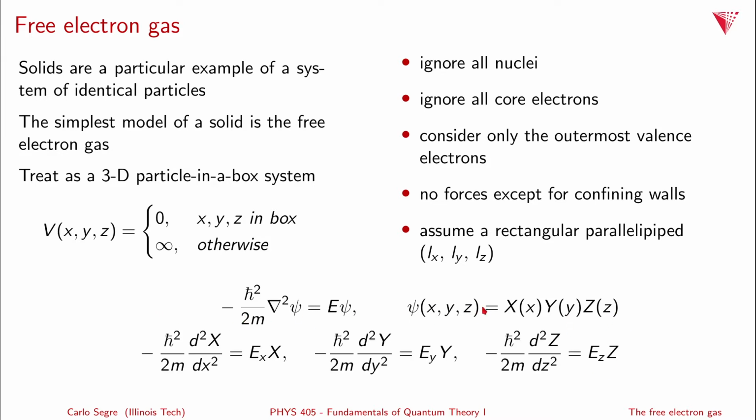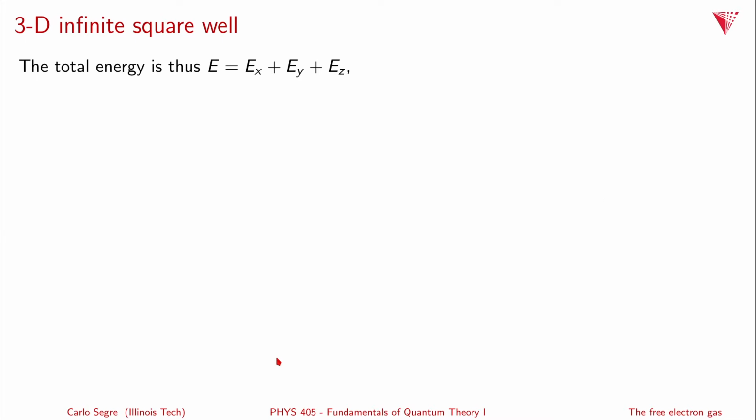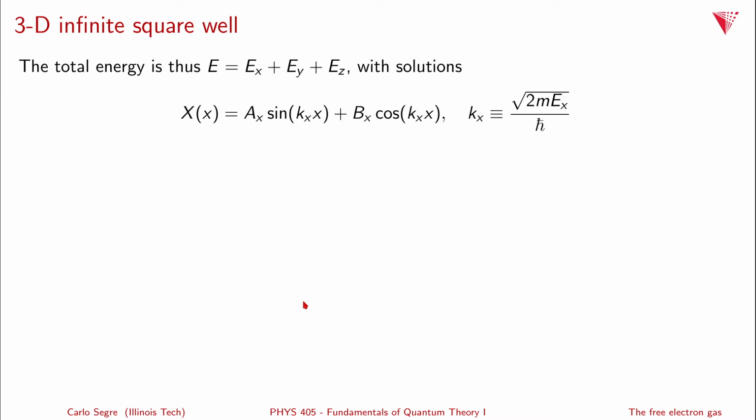This leads to 3 independent Schrödinger equations, one for the x-coordinate, one for the y-coordinate, and one for the z-coordinate. And each of them looks like minus h bar squared over 2m, d squared X over dx squared equals E sub x times the function X. The total energy of this system is simply the sum of the 3 energies, E sub x plus E sub y plus E sub z. And the solutions are,